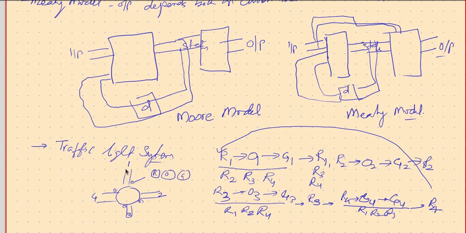So first this lane is allowed, then this lane is allowed, then this lane is allowed, then this lane is allowed. So here some constant timings are maintained for each one, and in this way the traffic is allowed. First lane 1, then lane 2, then lane 3, then lane 4, back to 1, 2, 3,